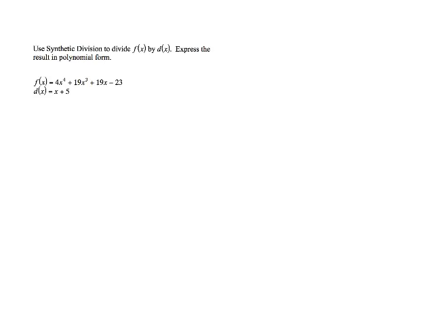Okay, this one's a little bit different. You're going to use synthetic division this time. You're still going to express your result in polynomial form. Remember, when you're synthetically dividing, if we're doing f of x divided by d of x, you take your divisor, so this right here, and set it equal to 0. So x plus 5 equals 0, so x equals negative 5. This is what you are synthetically dividing